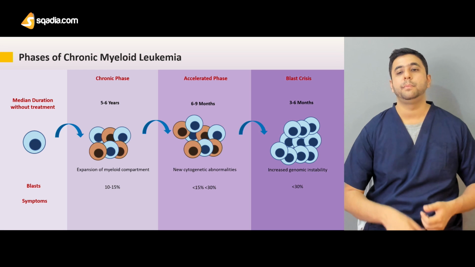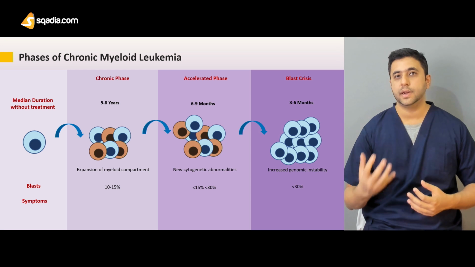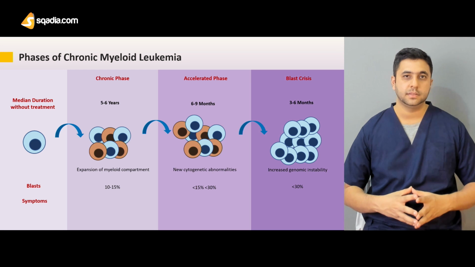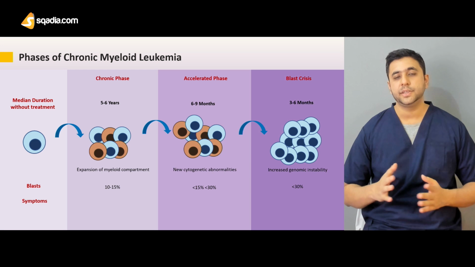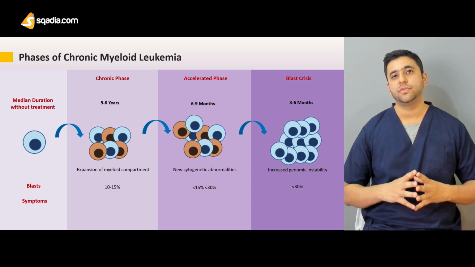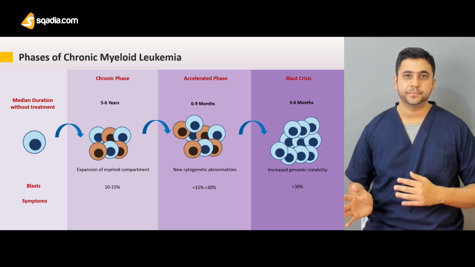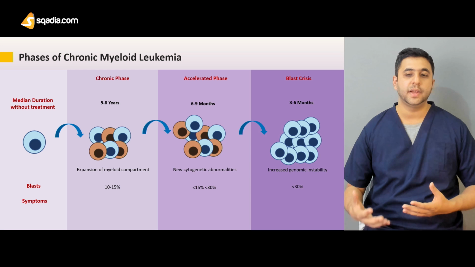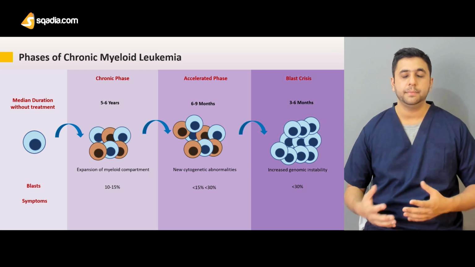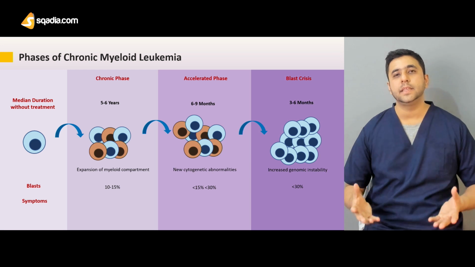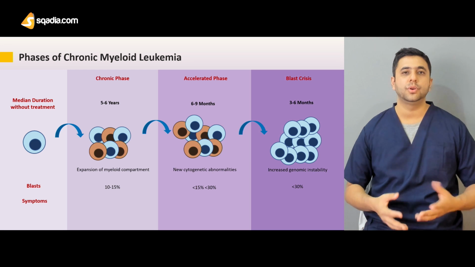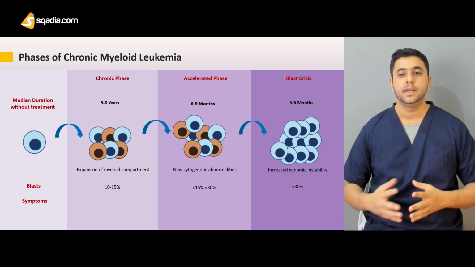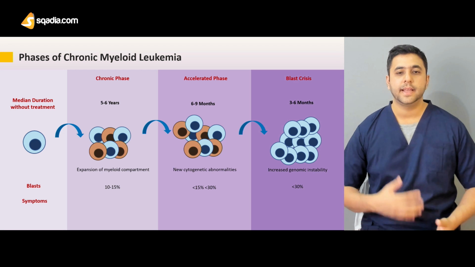And when the patient goes into the blast crisis, as the name signifies, there is a large increase in the percentage of blast cells. You can also say that when the patient is in the blast crisis, the CML has transformed into an acute leukemia, which has a much quicker onset, like it develops in around 3 to 6 months' time. And it can either be AML or ALL. Generally, it is more AML because it's a myeloid leukemia, but a few patients can go into ALL as well. So that shows us that blast crisis is an acceleration of the disease.